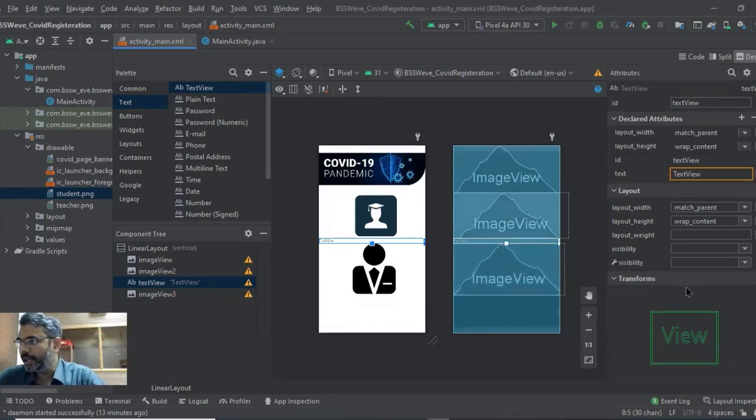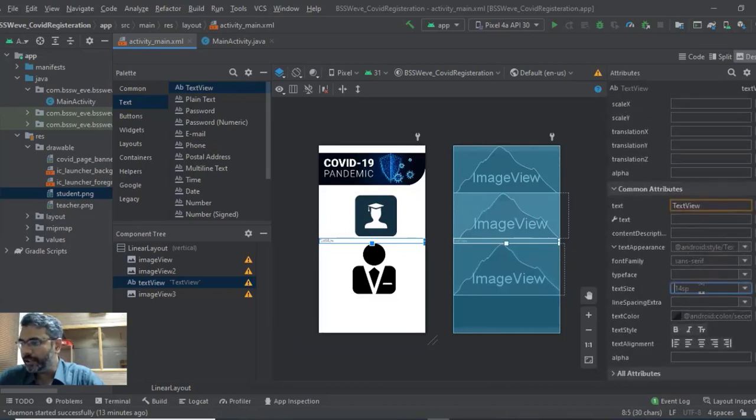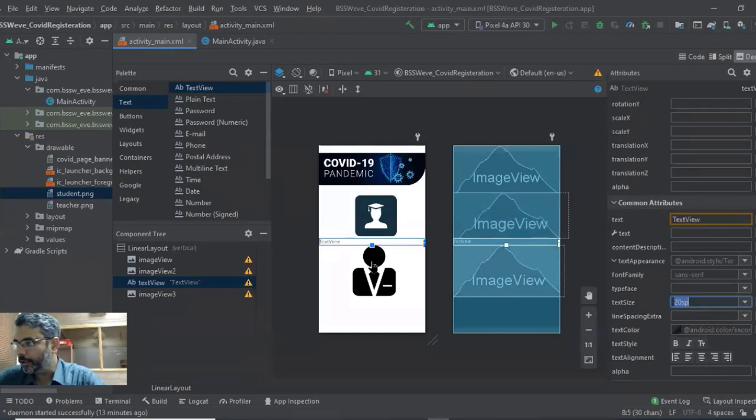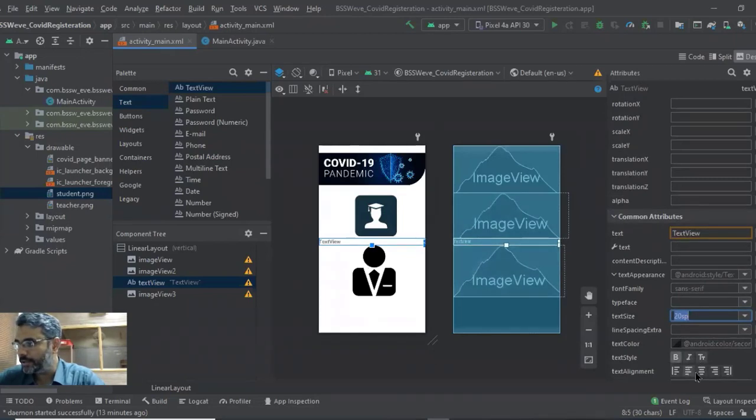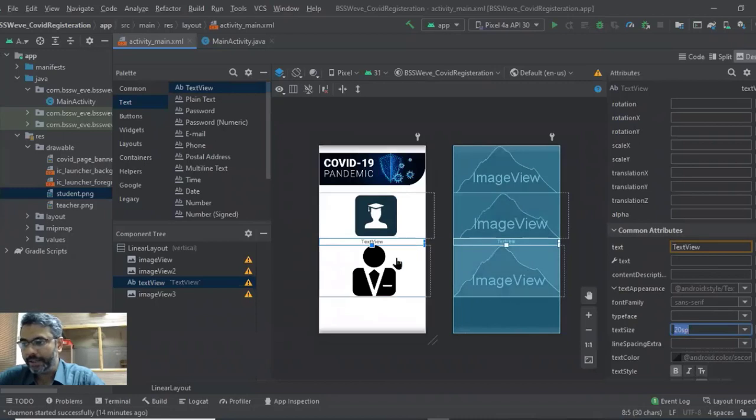Now, selecting this text field, I will scroll down. Let me say this should be, for example, 20 SP. Okay, so the font became a little bigger. Let me make it bold and center so that it appears at the center. Okay. Similarly, we can say this should be, for example,